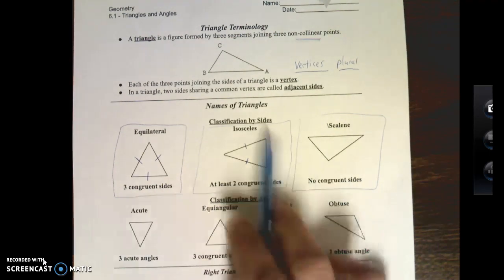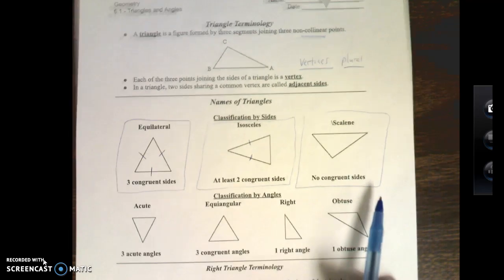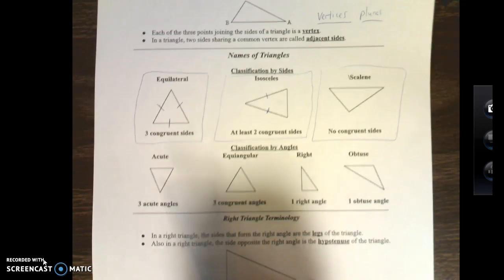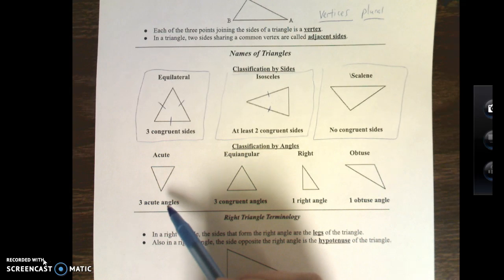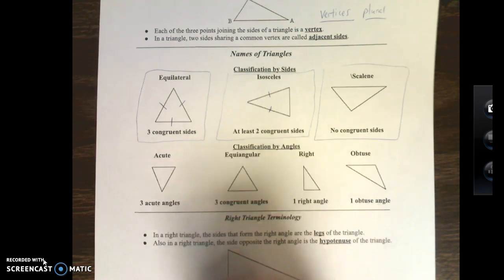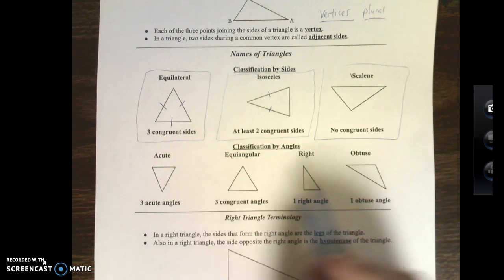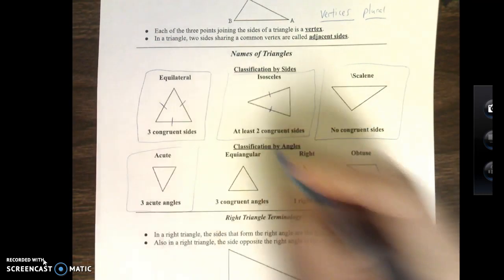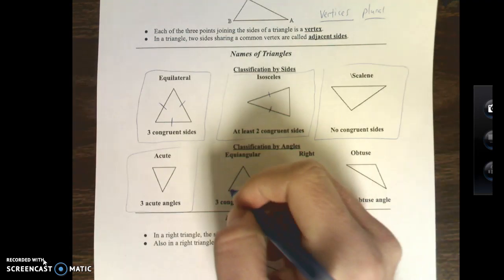Now, these three are classifying by sides. We may also classify a triangle by its angles. If you have three acute angles, and quick recap, acute is less than 90, so if all three angles are less than 90, you have an acute triangle. If all three angles are the same,